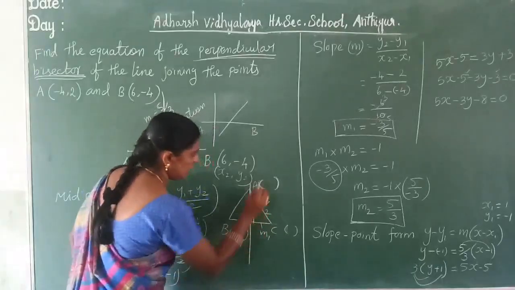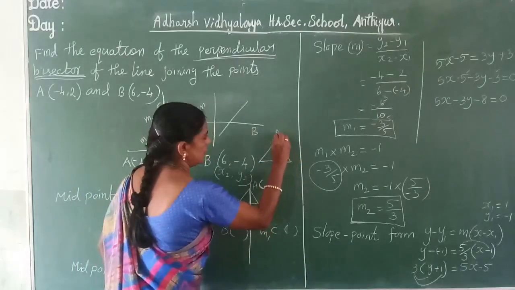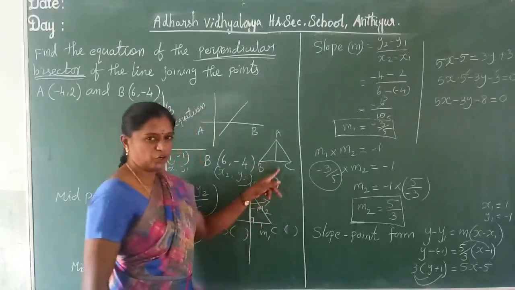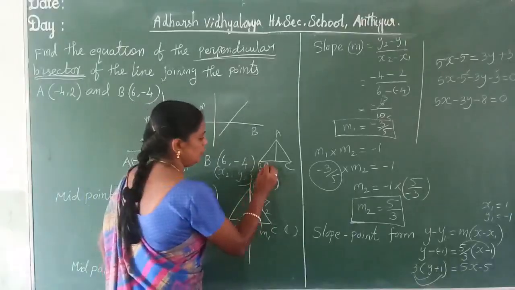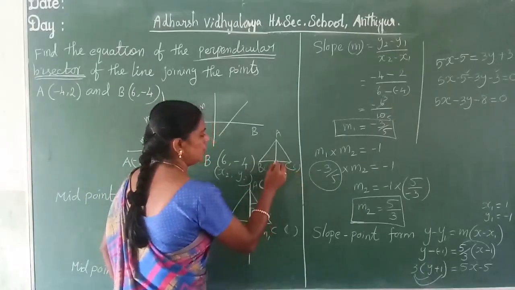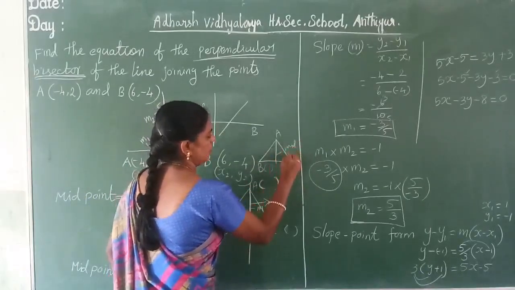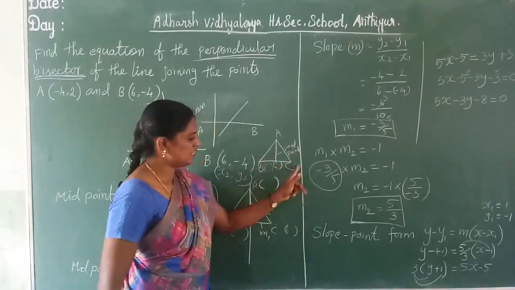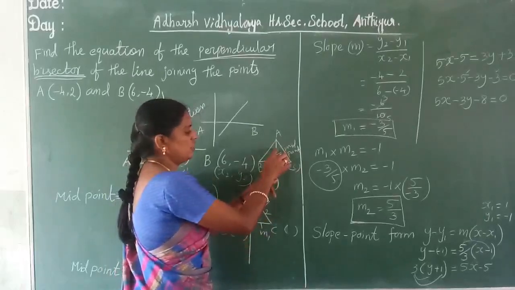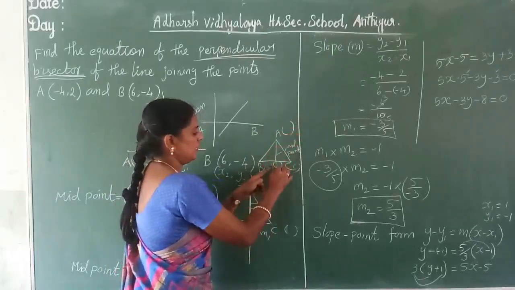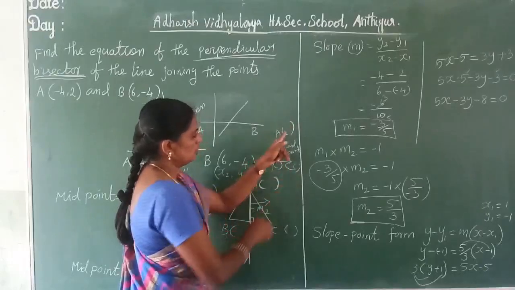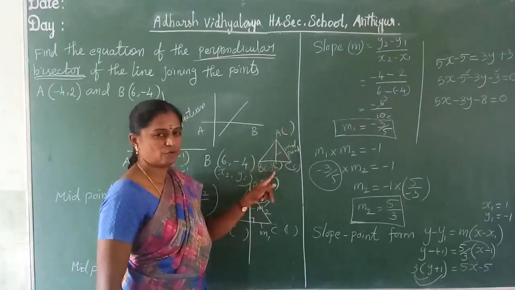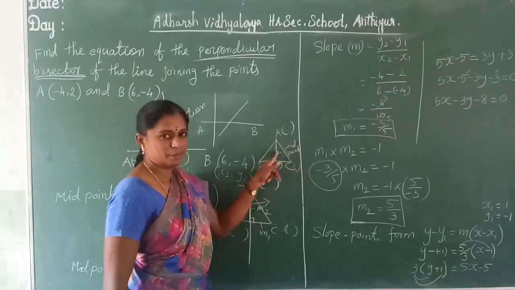Suppose this line is a median from A in triangle ABC. The median goes to a midpoint. How do we find it? Using these 2 points, we find the midpoint of this line BC. Then one point here and one point here, the line passes through these 2 points. So using the 2 points form, you get the equation of the median.